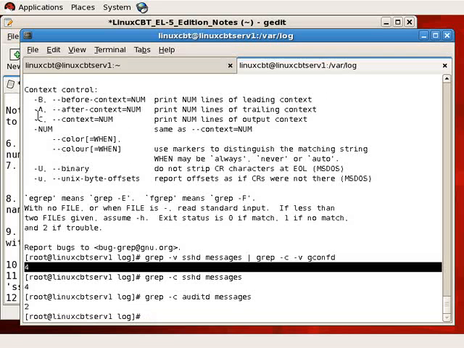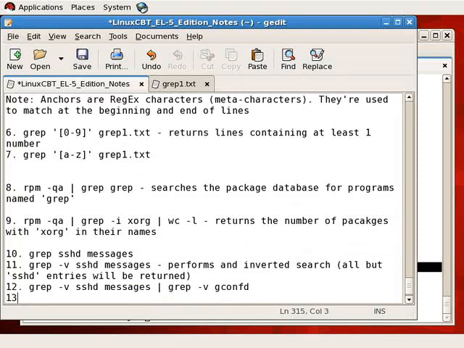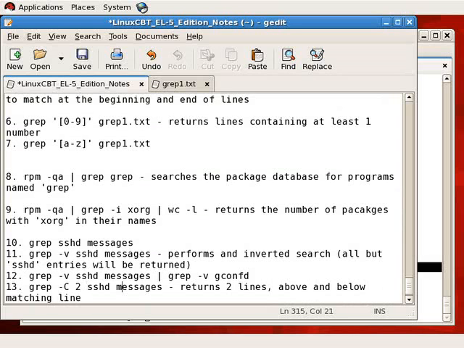You may want to do a context search. Sometimes when I'm searching through, let's say, especially a mail log file, you may want to see or extract a specific item for however many occurrences and items around that item. That's a context-based search using the uppercase C option. So you can see a snapshot of entries around the entry that you intend to dig deeper into. So for example, grep -C sshd from messages. But when you specify context, you need to also indicate the number of lines around the entry that's extracted. So this returns 2 lines above and below